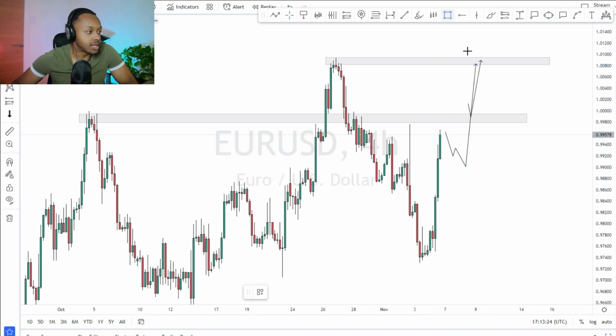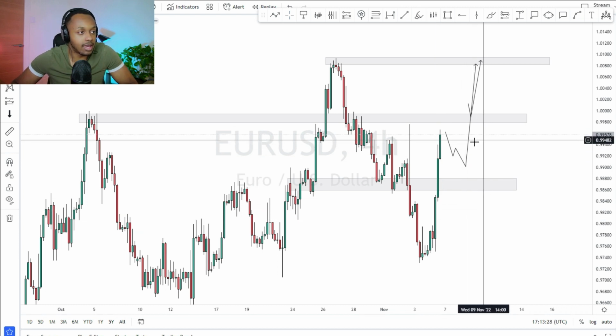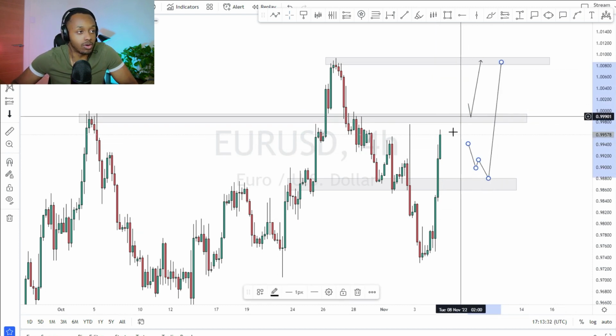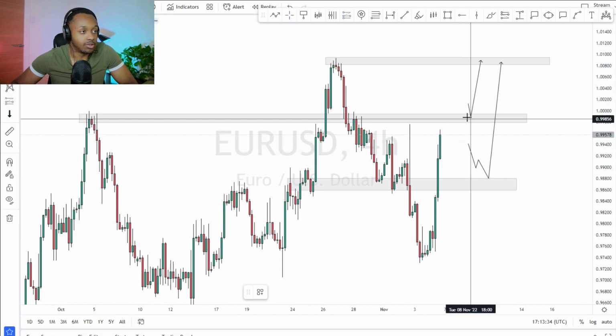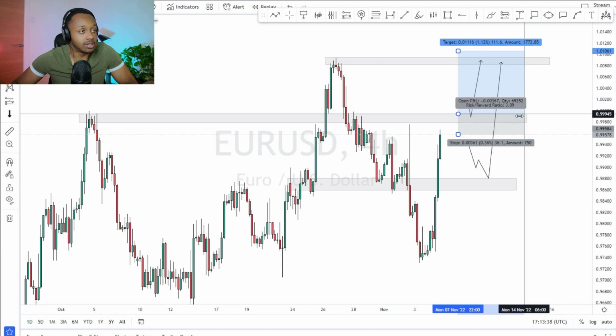I'm not too sure exactly what level. There's a nice area here, but I'm not too sure if we retrace there. If we don't and we start pushing to the upside, then I'll just wait for the break and retest above that level there anyway. But EURUSD for next week, I'm looking at that big push to the downside followed by